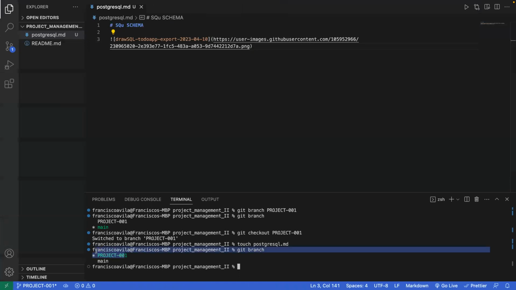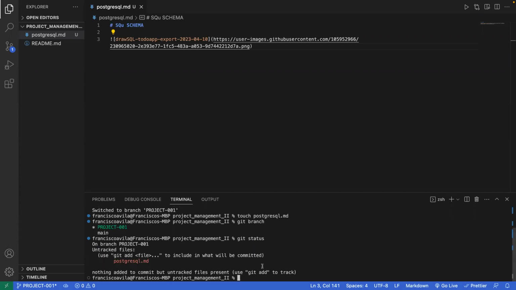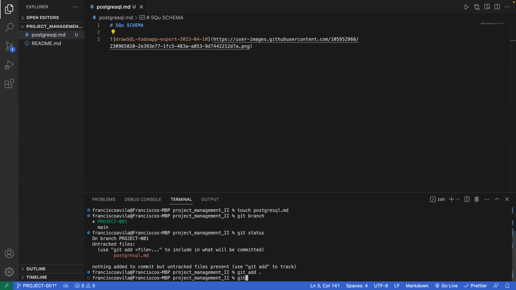I know that I'm in project 001. And now that I have it in 001, I want to go ahead and add whatever changes I have. So if I do git status, I can see what has changed. Well, PostgreSQL MD is created, but it hasn't been added or committed. So let's add it. And when I go to do my commit messages, the standard is that I'll name it the name of the ticket,